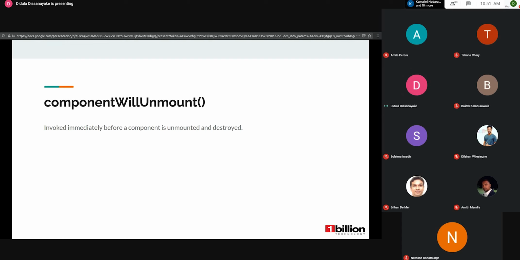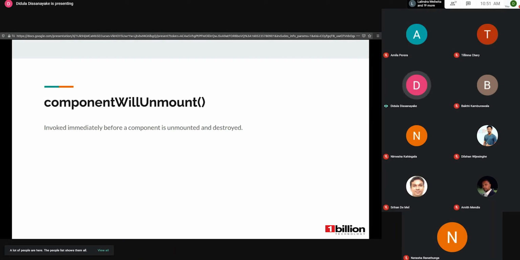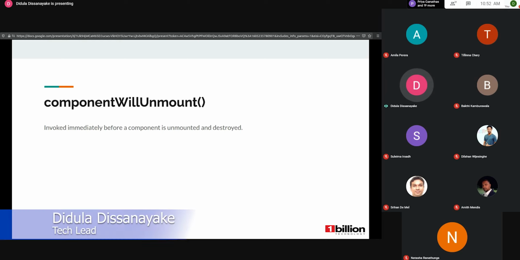So, let's assume the subscription concept: if we need to unsubscribe from a particular thing, we can do that within componentWillUnmount, because it will be executed after the component is no longer used. The next important thing is that there is no use in updating the state, because re-render does not happen again when this one is executed.